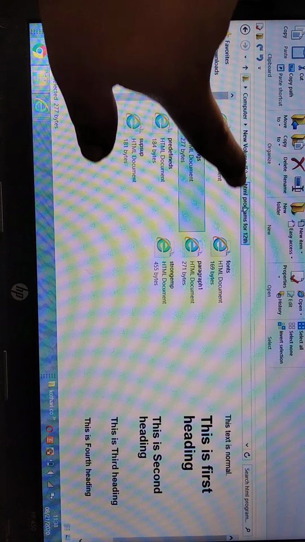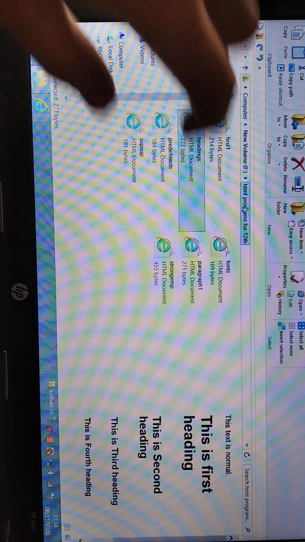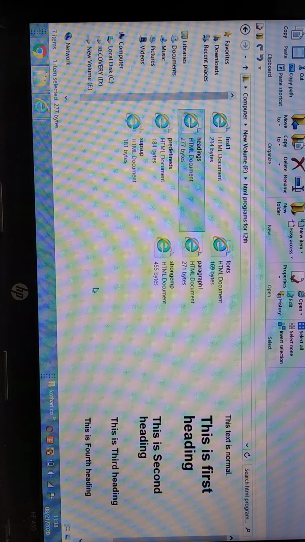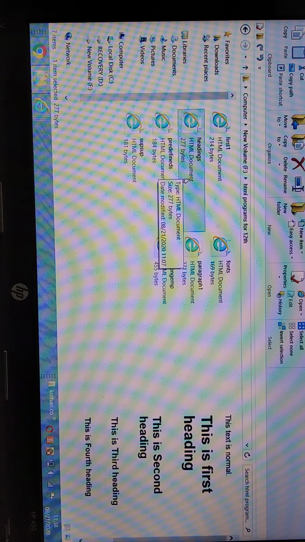Here is my F drive, and HTML programs for 12th is my folder name, and these are the different files I have created. I will teach you all the details about the different topics. Our today's topic is heading. I have already created that file, because the video should be shorter.